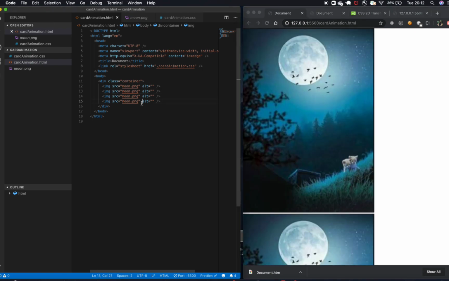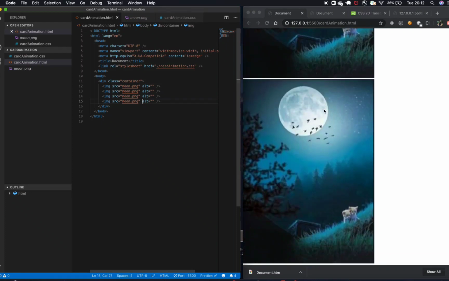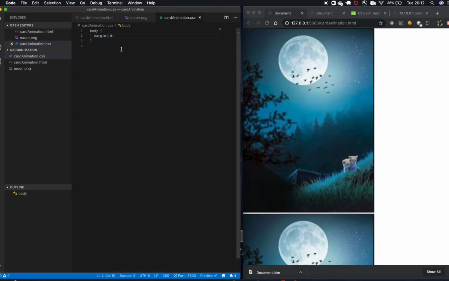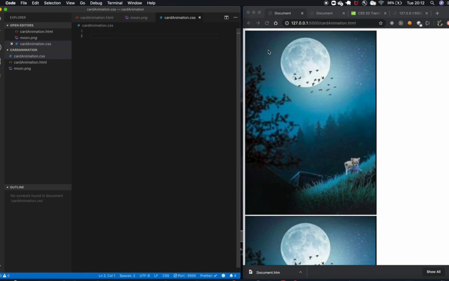So yeah, we have 4 images here, and inside our CSS file we have the body tag. We have given a margin of 0. Let me actually start from scratch. If we don't have this, there's a default margin that's added, if you can see this, right? So we don't want this, so let's give a margin of 0.